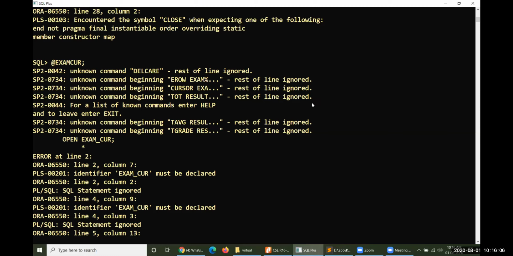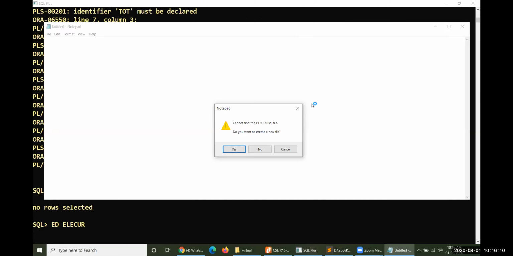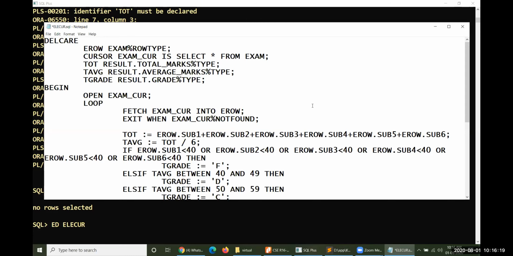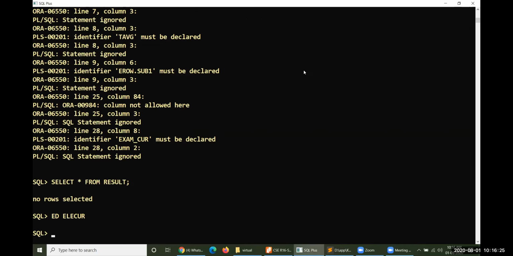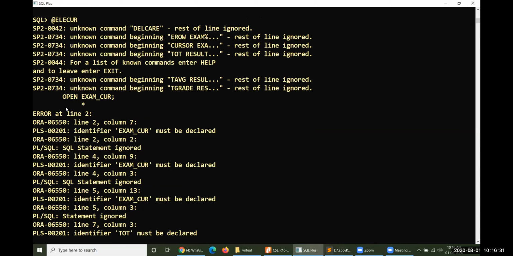So that is the problem here. Don't worry, I have created the same thing using the Sublime Text. So that is why the problem has been raised. Here also same. Exam cursor. Why?